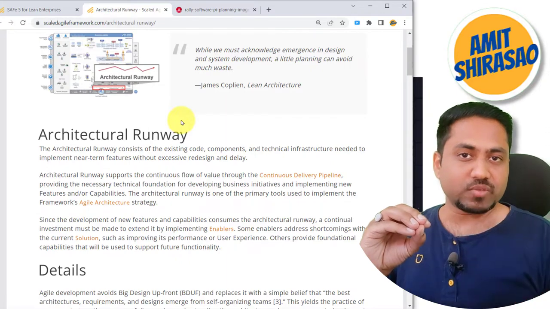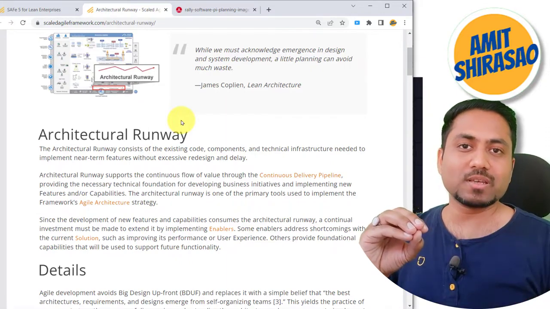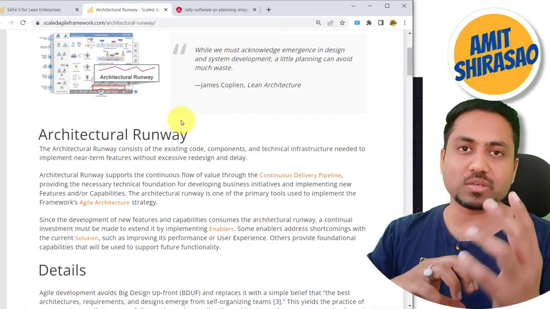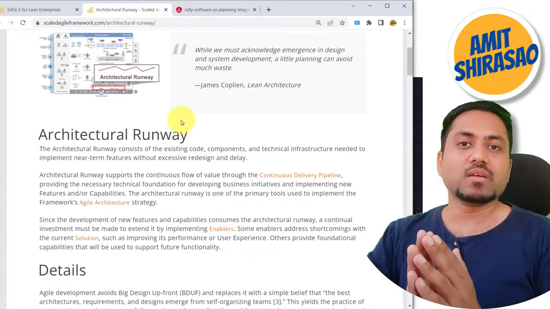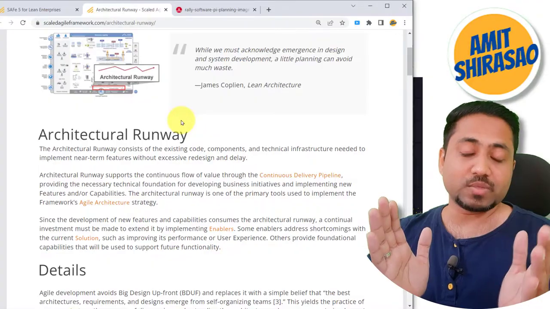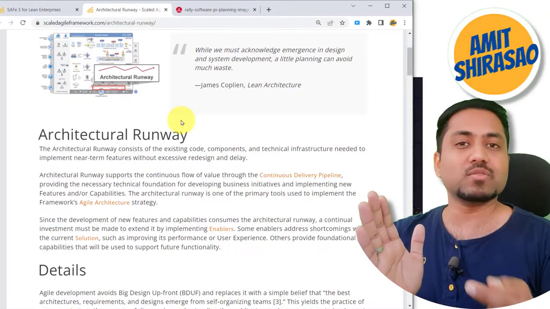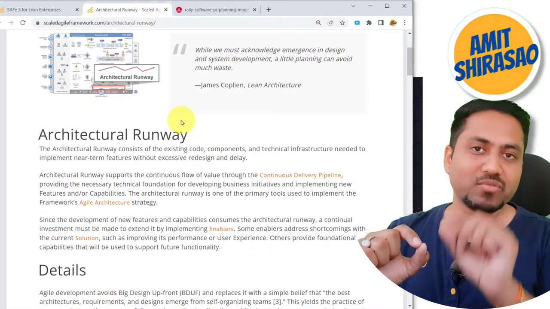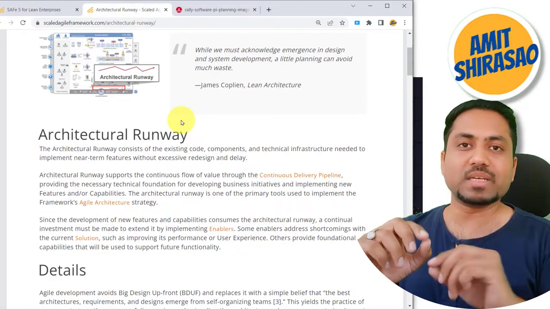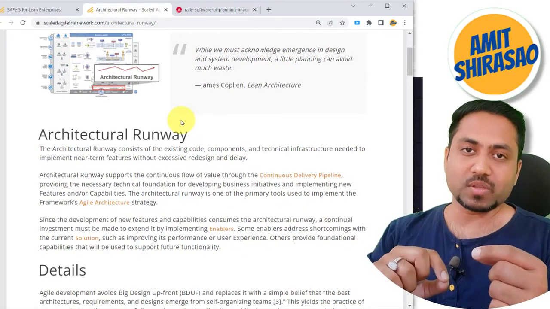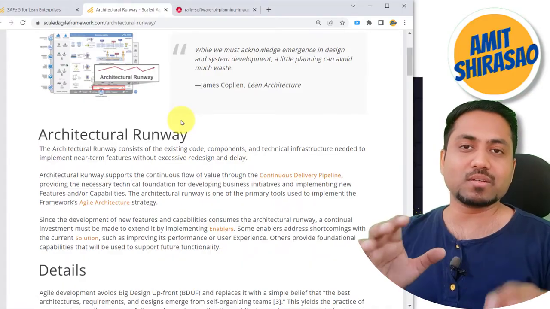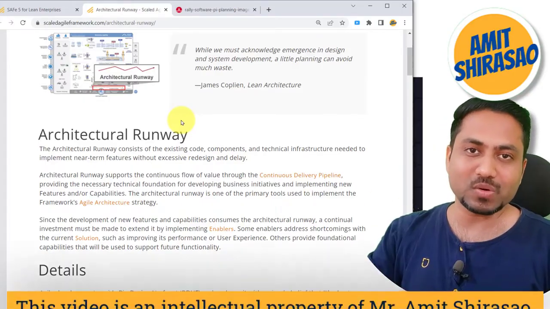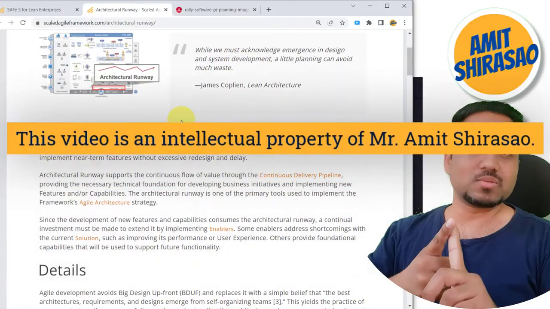So that system architect creates an architectural runway. So he makes a couple of rules like, okay, let us use microservice architecture. So all your service APIs will be microservices. That means they are individually deployable. That means you make a separate Git repository for every little API, and they can be independently redeployed. Okay, so redeploying one API should not require the deployment of the entire product. Okay, so that is microservice architecture.